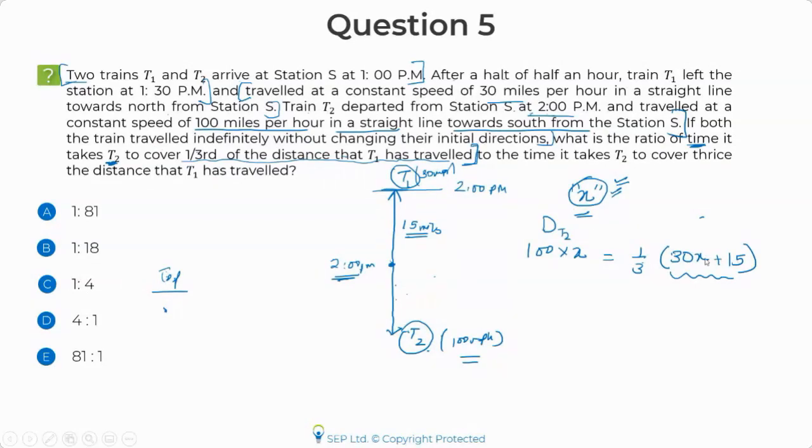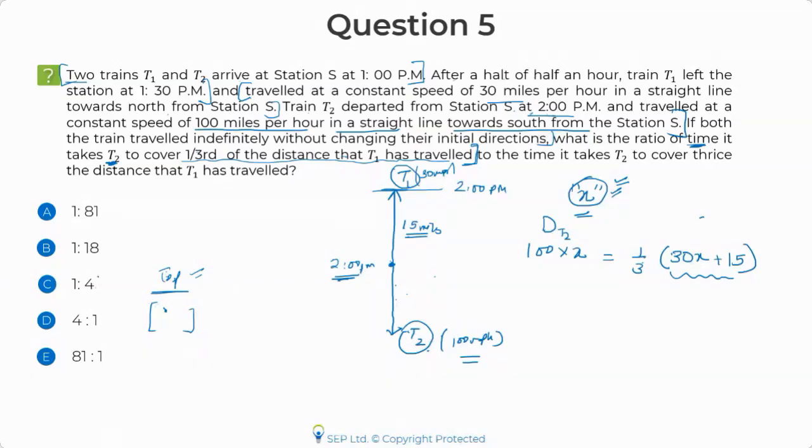Let's pause here. Tell me if this part is clear. And keep in mind, this is only for the first part. It's a ratio, so I haven't done anything for the bottom part yet. But is this part clear? If there's any doubt, please ask. Keep in mind, this x is the time from 2 p.m. So at 2 p.m., T1 will cover 15 miles plus 30x. I can see about 10% of you are saying no. So please ask questions, guys. If there are any doubts, please feel free to ask.